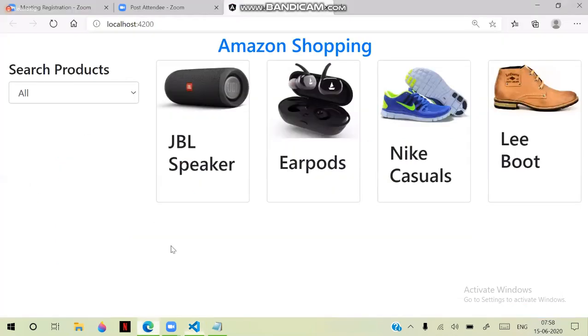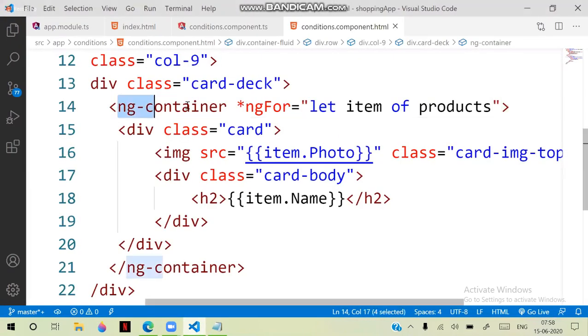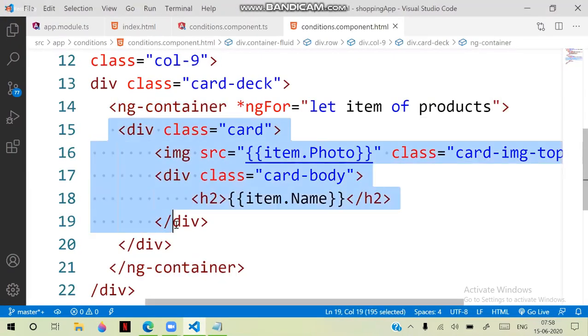So you can see the presentation in the output has no difference. The presentation is not disturbed. Because suppose if I use another div here, then my card placements will be affected. The alignment will